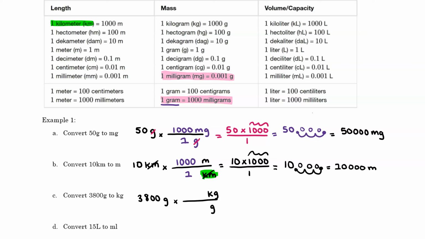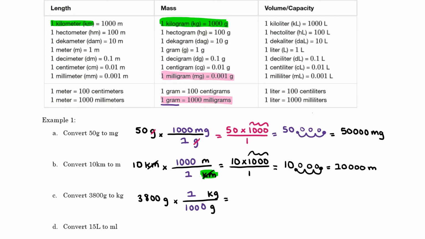So if I look here, 1 kilogram is 1,000 grams. So I have 1,000 grams equals 1 kilogram. So the math is going to be